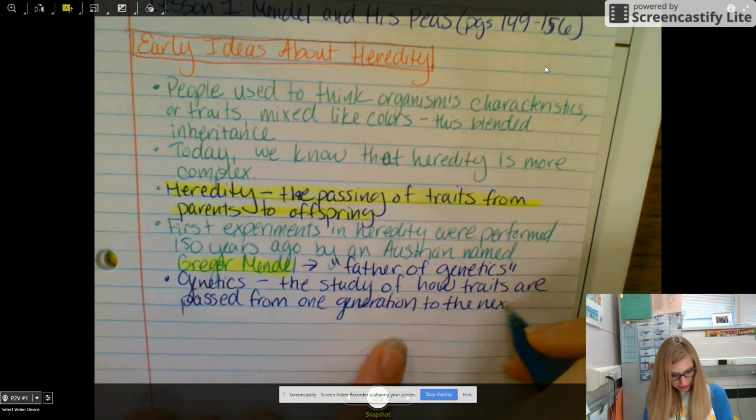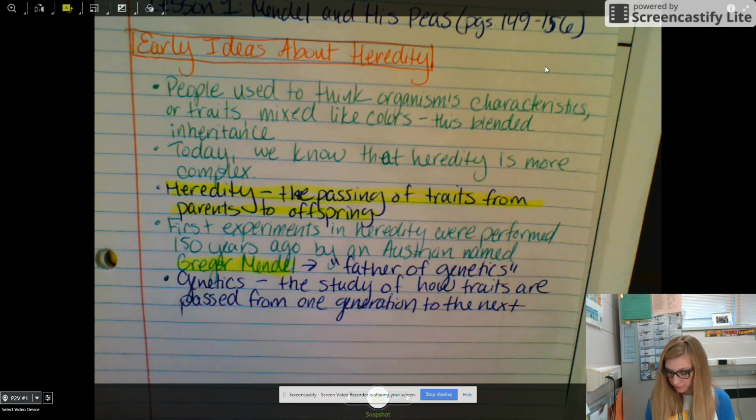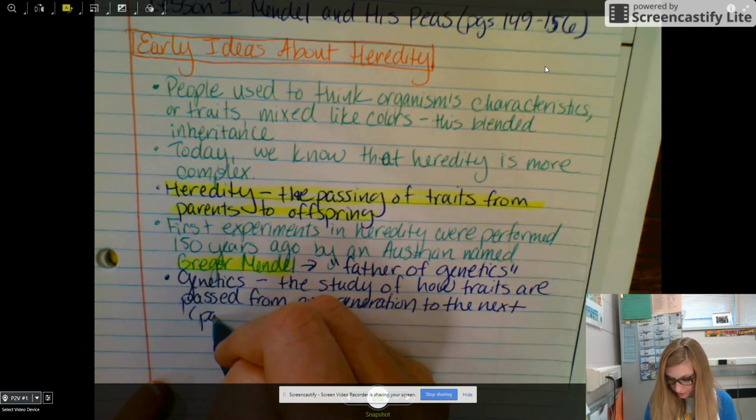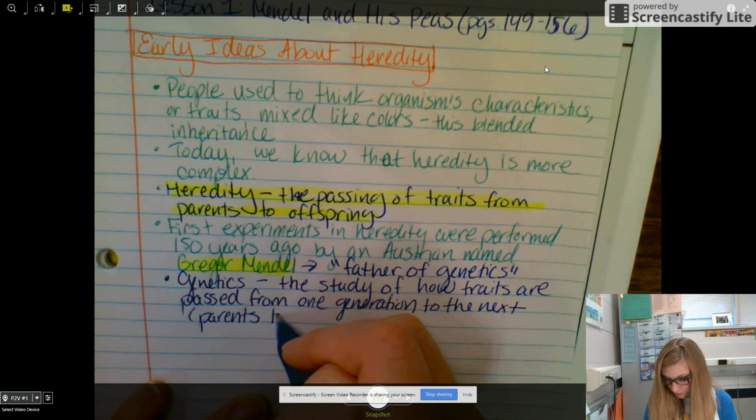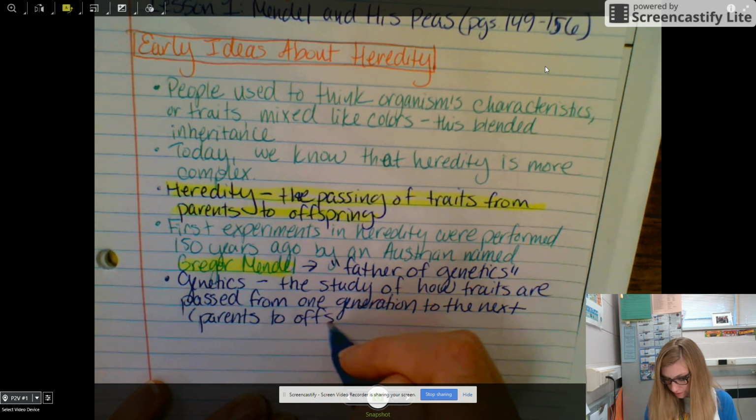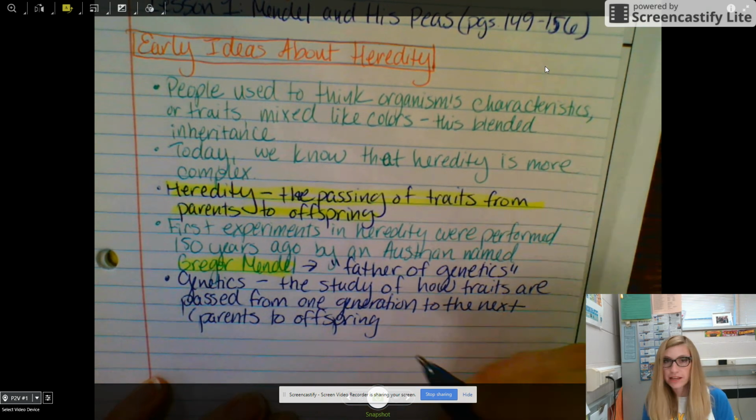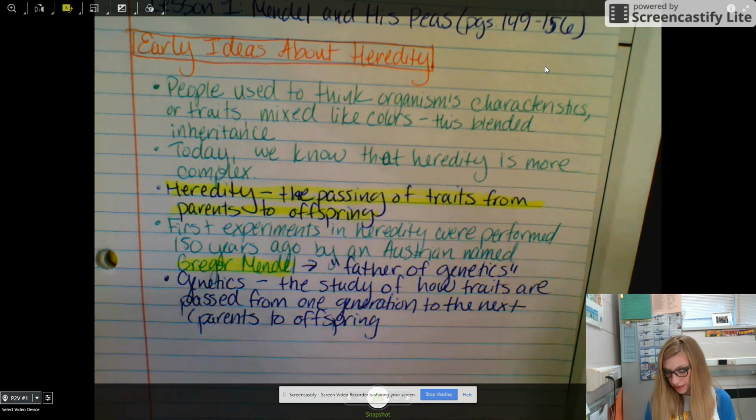In your book, it actually says from parents to offspring, but that's the same thing. So parents to offspring. You want to paraphrase the definition as I did, that is completely